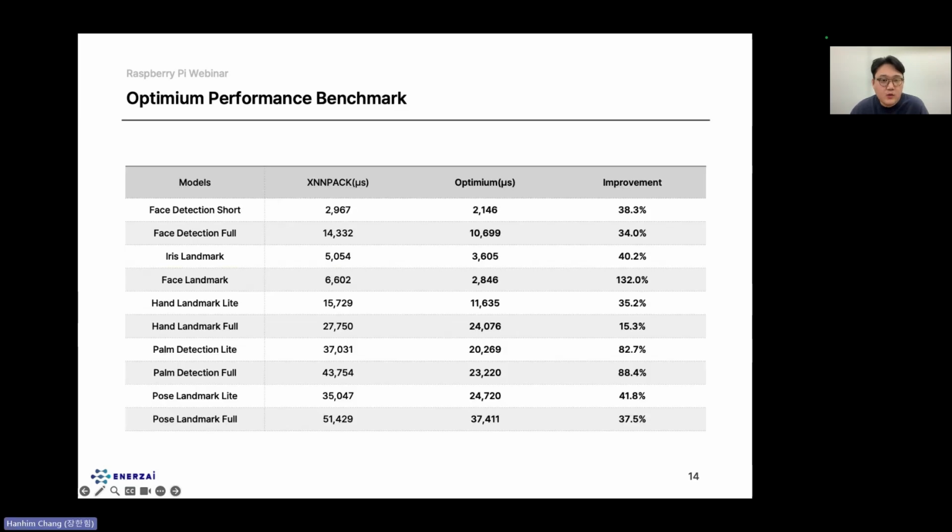And this is a table where we listed models which we optimized and benchmarked against the XNNPACK backend. And as you can see, Optimium generally outperformed XNNPACK, sometimes achieving an inference speed which is over 2 times faster than the XNNPACK output. So we will be releasing these models listed here at our repository. And I'll share the access point to that repository right before we wrap up today. So it'll be great if you could stay tuned until the end.